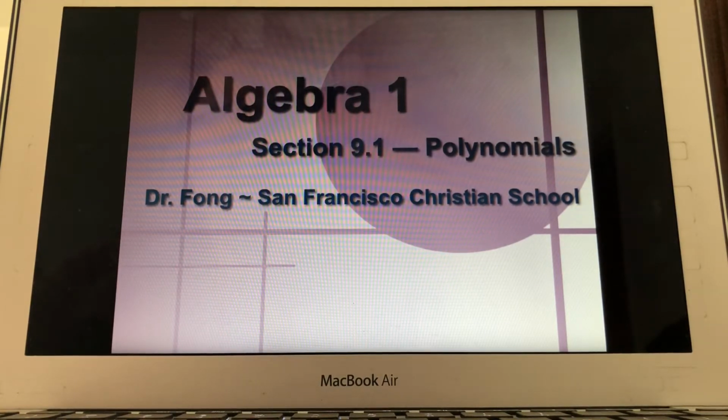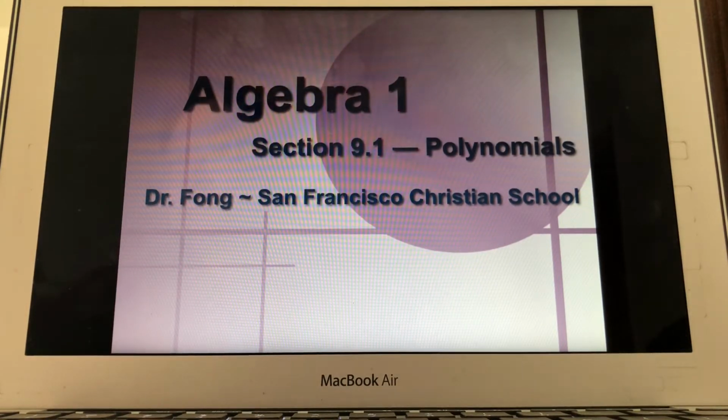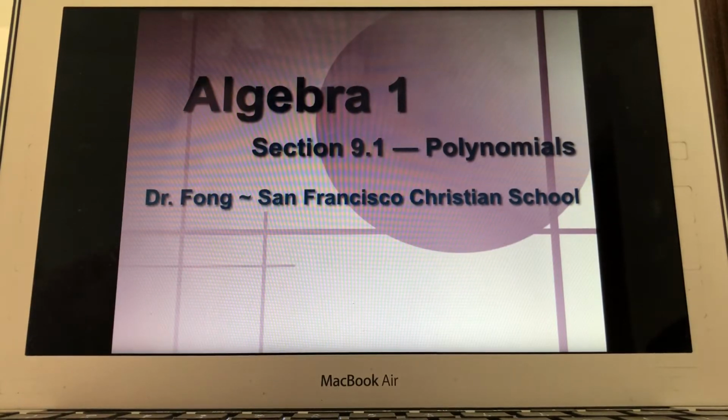Scientists are using polynomials to figure out and try to come up with a solution for a cure or for ways to help us protect what God has given to us here, okay? And our environmental health requires an understanding of the dynamics of population. We can use polynomials to help us understand the dynamics of the population of God's creation that God has given